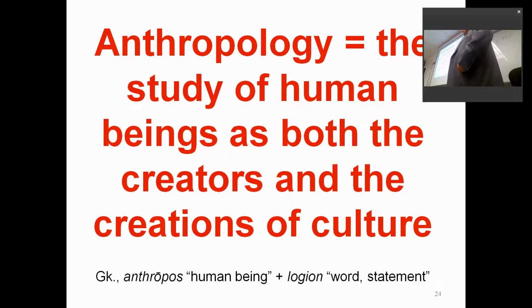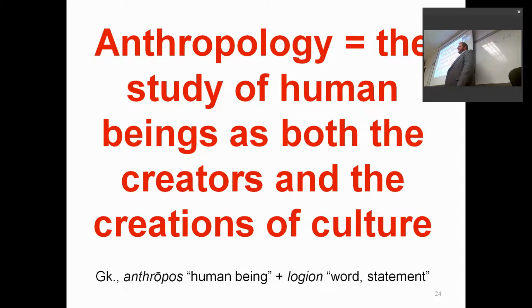Now, moving on. I talked about a philosophical approach to studying religion. I talked about a sociological approach. Now I'm going to look at the approach which you could call humanities studies, the study of humanity, otherwise known as anthropology. I believe I've already told you this before, but the Greek word anthropos, with a long O, so there's a line over it, a different letter in Greek, means a human being, and this word logion means a word or a statement. So words about human beings.